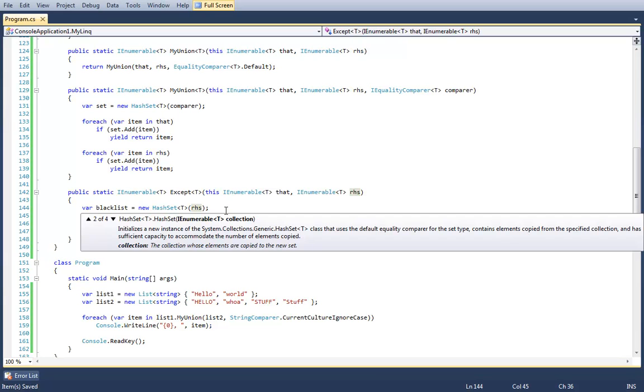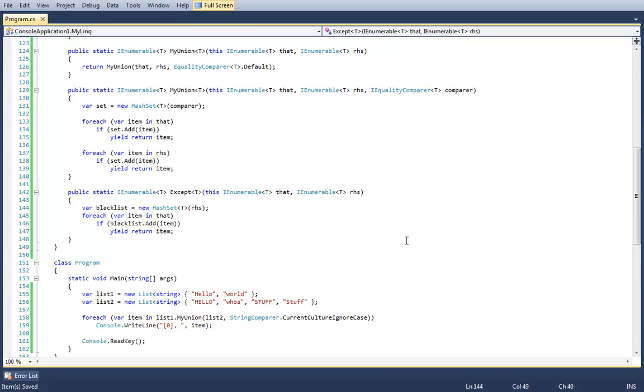Can I ask you about something? I didn't actually code this out, so I don't know whether it works or not. Could you not essentially do the same as you're doing with the union, except, for instance on line 134, make that if not set.add? Or... no, because that would also include items out of the other list. We don't want to include items out of the other list. We want to use the other list as a way to blacklist items.